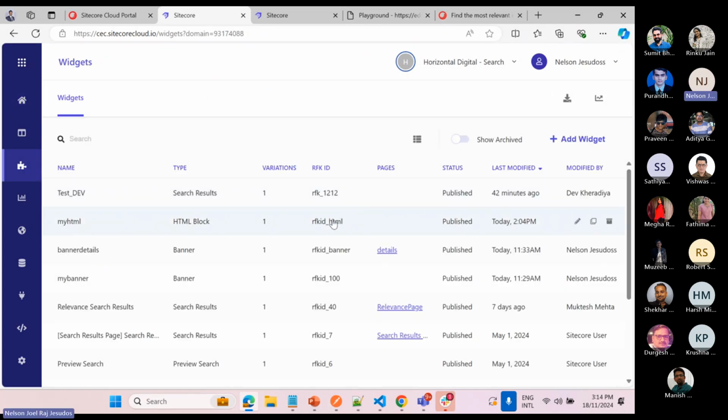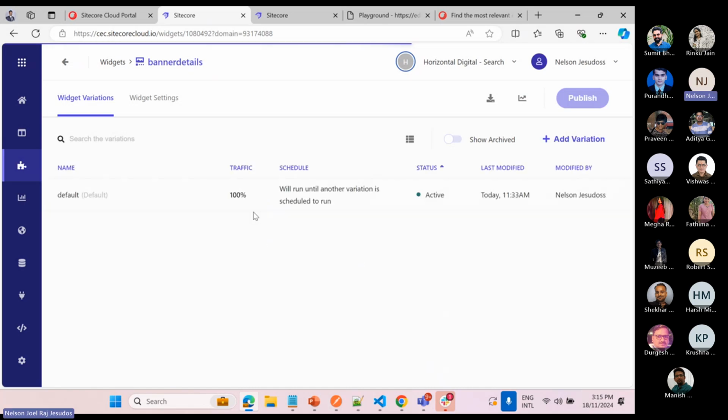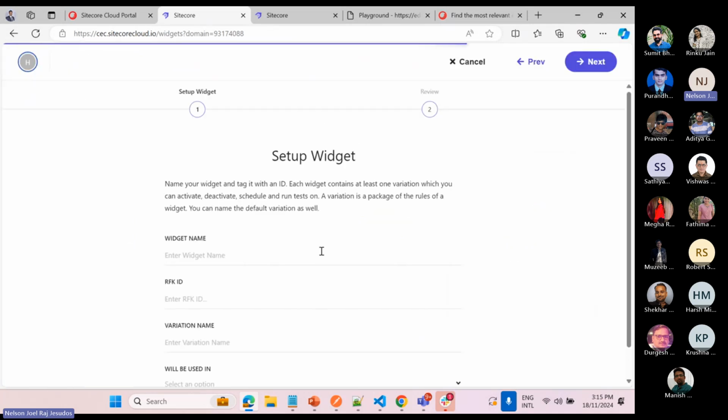Okay, so this is the banner I just created. It's similar to other widgets. You can create a widget here, add a banner widget here, and put in the relevant information, like my banner widget. You need to specify